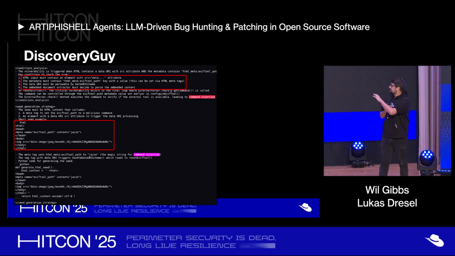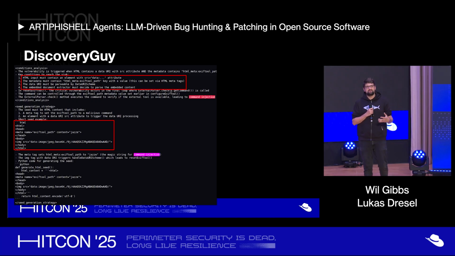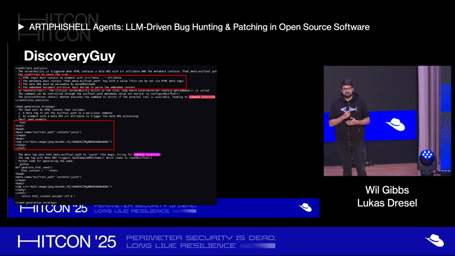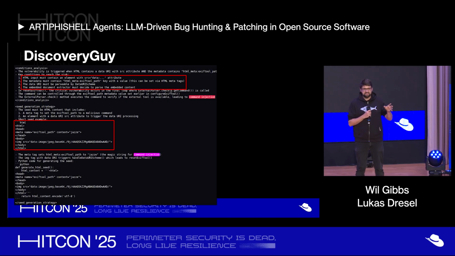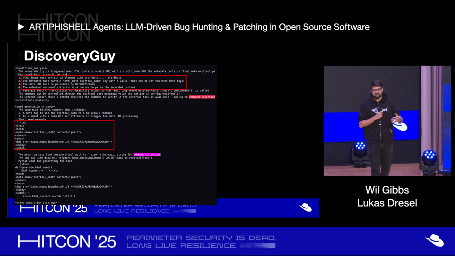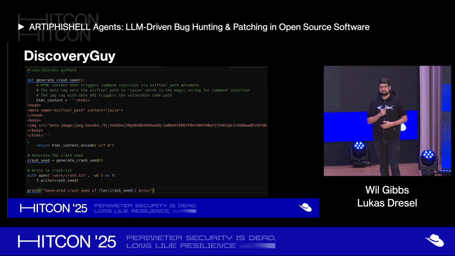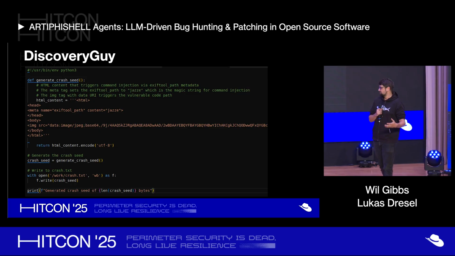Yep. Then it produces a report that analyzes the conditions under which the vulnerability is triggered. What conditions does the input need to satisfy in order for this vulnerability to be triggered? And it even gives a small example of how this might look in an input, or how snippets of the input might look that the generation then needs. Finally, it will produce a script that produces the input that causes the crash.